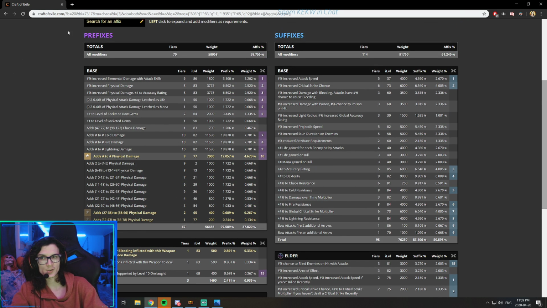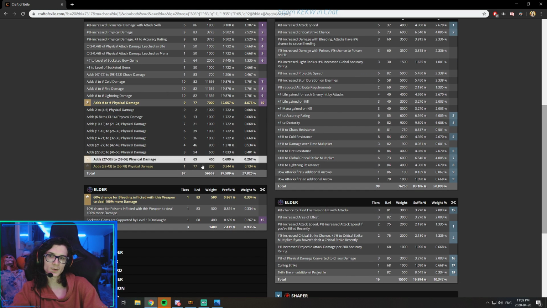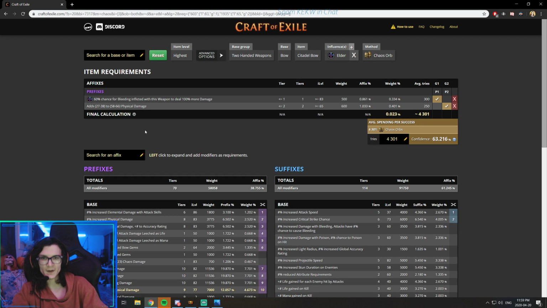So it's going to take into consideration what are the odds of, say, rolling socketed bow gems, which is 2,000. And if it rolls that, then you have to remove that 2,000 from the total pool to know the new odds of rolling this and that. So it takes every single one of those permutations, which you can see under final calculation, and then it tells you with a very, very accurate number the amount of tries or how much it should cost to craft that item. So for example, if I'm chaos spamming, I'm expected to see this within 4,301 chaos 63%